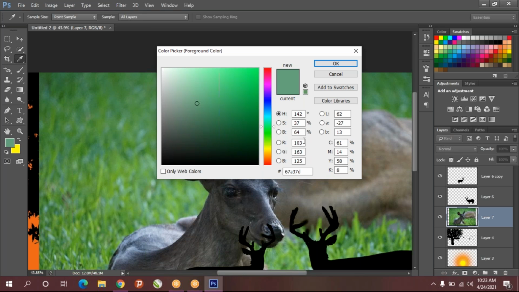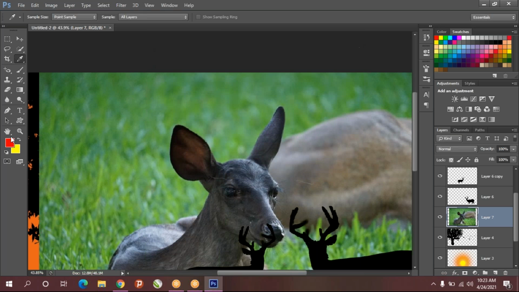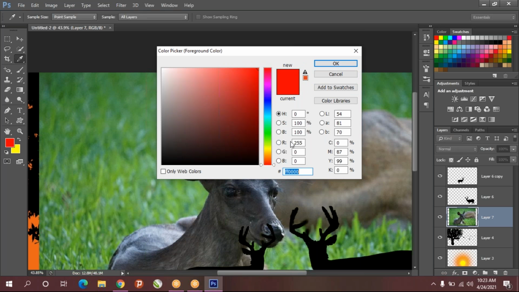So example, if I want red color, directly you can type 255, 0 and 0. So automatically red color will come. So this is pure red. So green means 255 in the green. So these are color code concept.